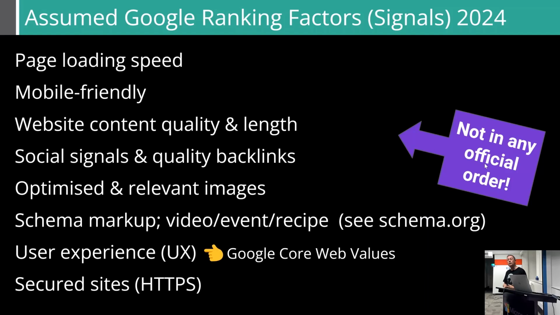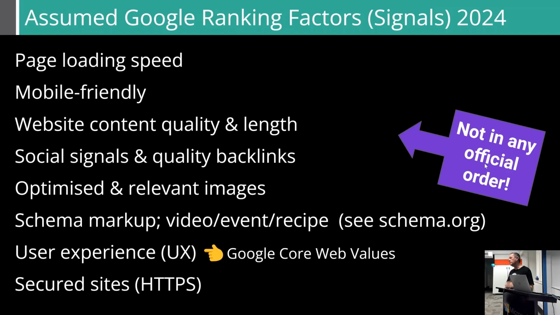Schema markup, you might know what schema is. Schema is intelligent data. So things like videos, events, recipes, there's lots of different types of schema. It's a way of wrapping a bit of HTML around content to tell Google this type of content is video content, it is recipe content, it is event content. And it allows Google to understand more about what that data is. And that's where they go and take it and put it into the Google snippets right at the very top. But it is important, it allows Google to understand more about your content, your data.